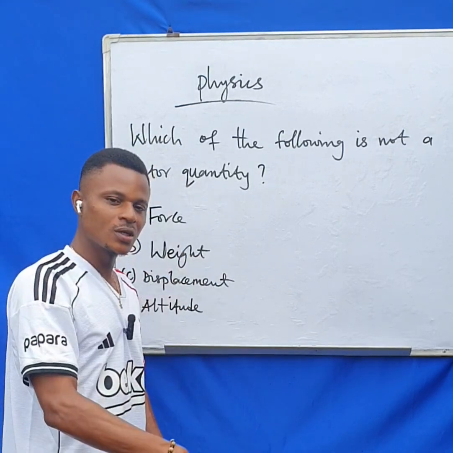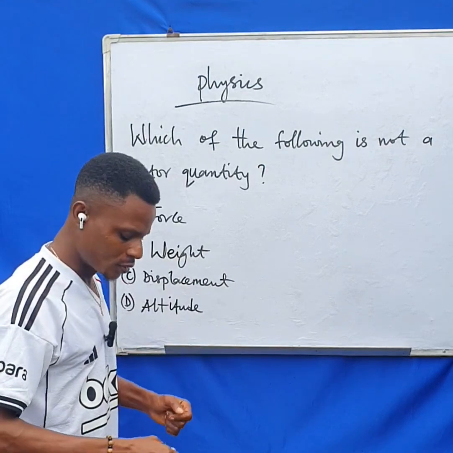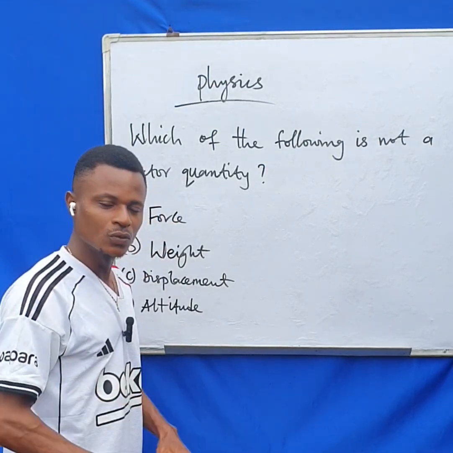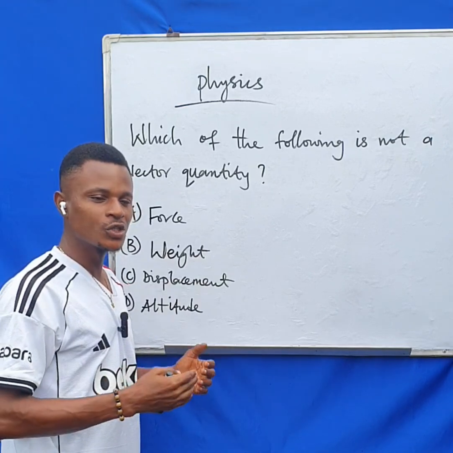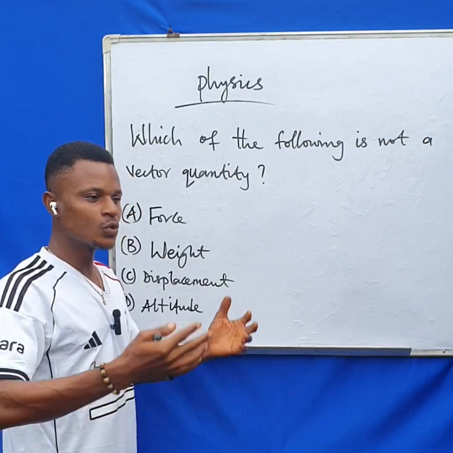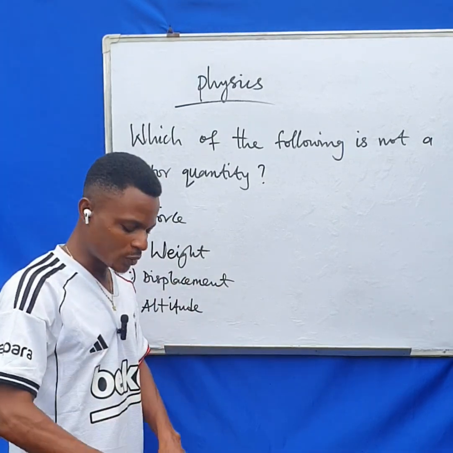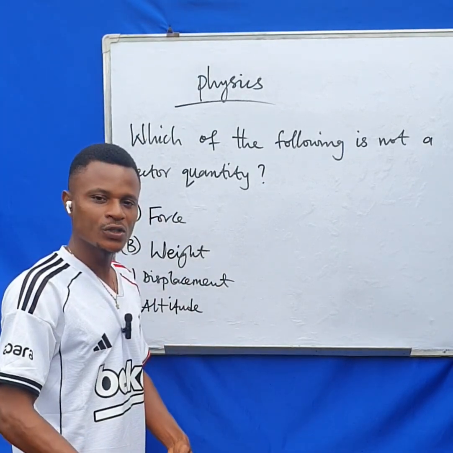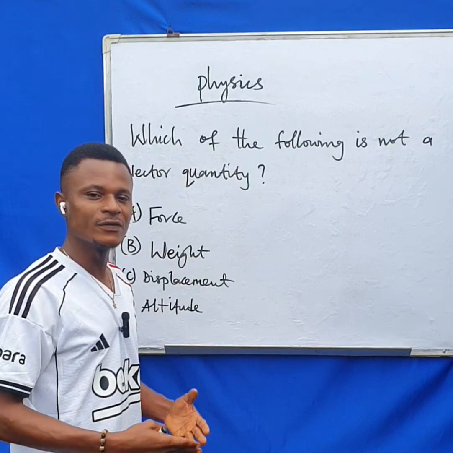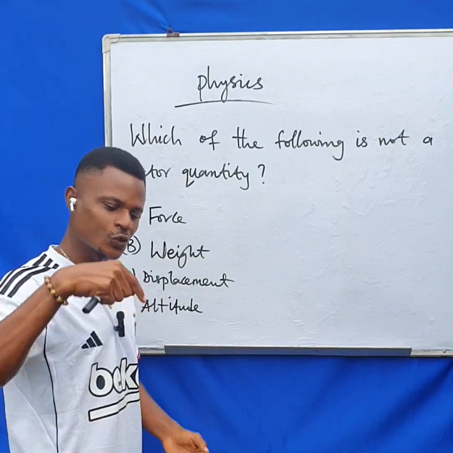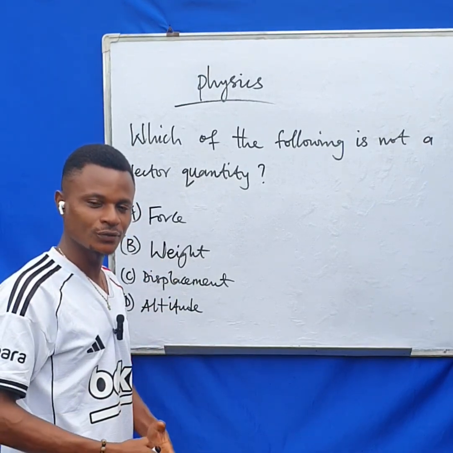Due to the downward action of the weight, you can easily measure your weight when you keep the scale on the ground. You can never see anybody that wants to measure his or her weight, then the person will just keep the scale on their head or hold the scale on their hand. No, you have to keep it on the ground and climb on it because your weight acts downward. You understand? So weight is a vector quantity because it has direction. The direction is downward. So option B is not also the correct answer to the question.